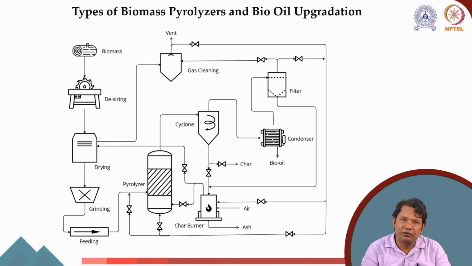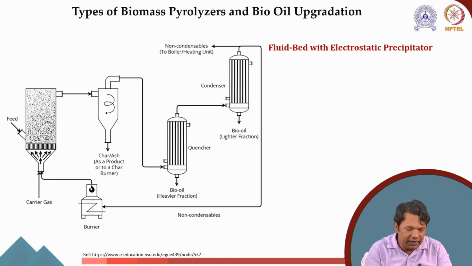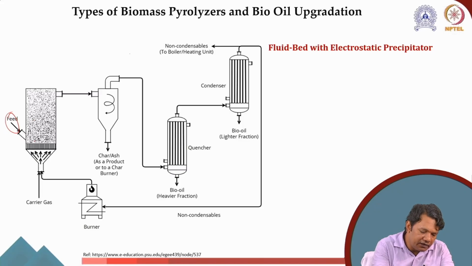For example, if you go for a fluidized bed system, then you will see that the feed enters here. So this is a different arrangement than the earlier one that you have seen. That was mostly a fixed bed. So there will be a little change. This is my fluidized bed system. There is the carrier gas, and this is the grate or distributor plate. The job of this distributor plate is to distribute the air uniformly here.